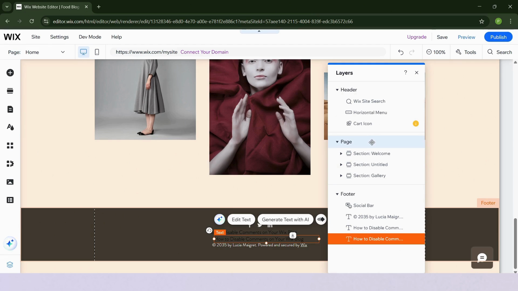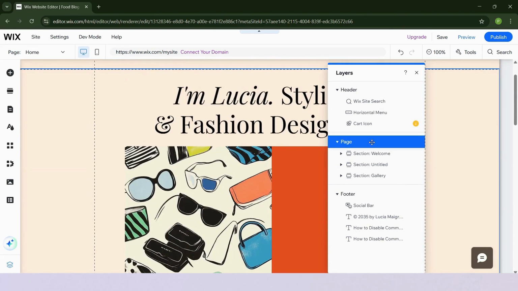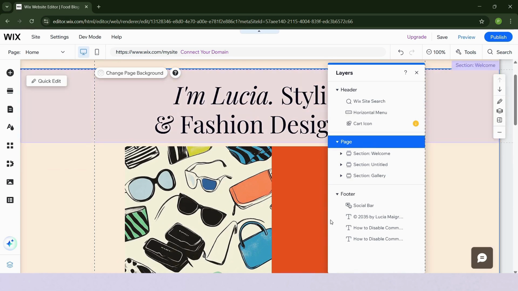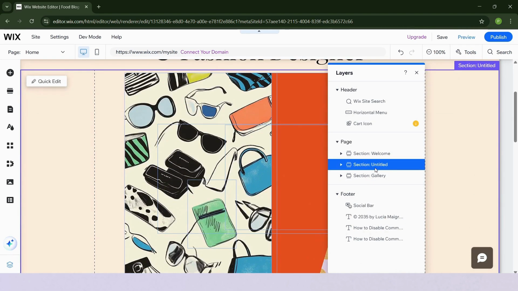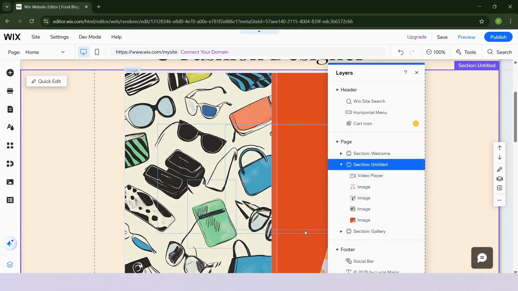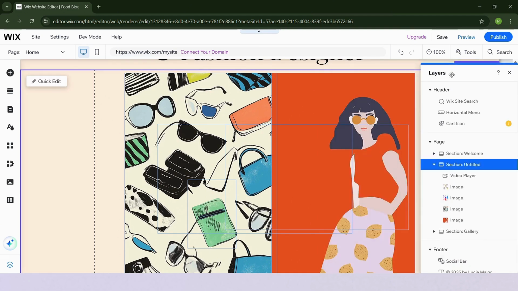So, to organize this, let's say for example, the page, we're going to go here in untitled. In this section, there are some things, some images or whatsoever elements. Just click this triangular, like a play button right here, and it's going to show what's in this section. So as you can see, there's a video player and some images, but we see 2 images here, just right